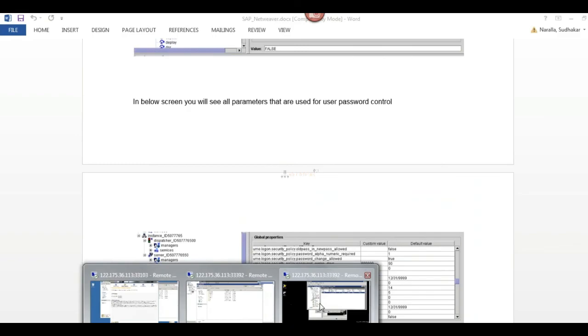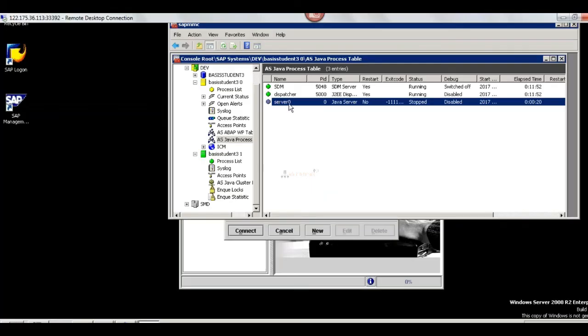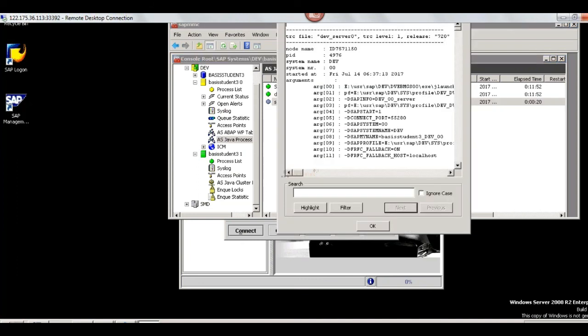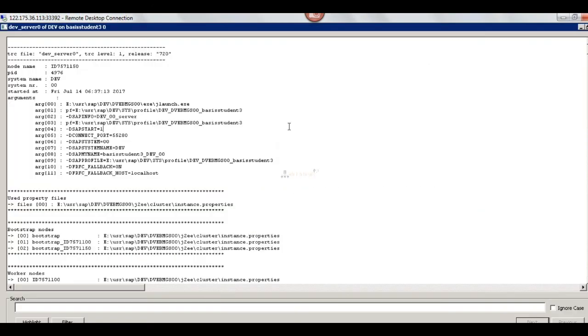Just complete this task today. Solve this issue: server 0 has been shut down. We need to bring it up; you need to start this service. Right click here, go to developer trace, and see here, this is the developer trace of server 0.